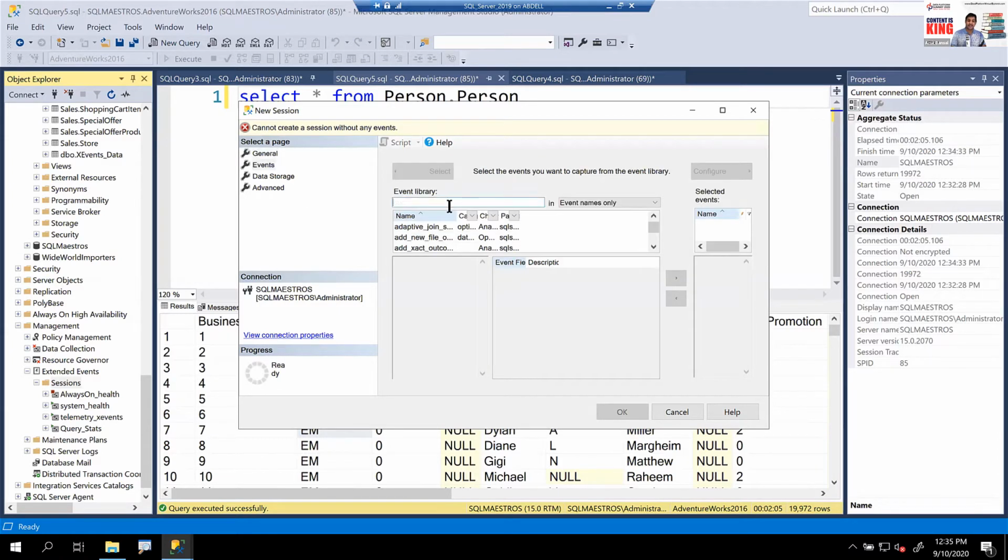And as I said, going through the events and reading their description here in the window itself, I do not know if this is so well documented because there's so many events, but maybe in Microsoft Docs, SQL Server Docs, docs meaning documentation, you may be able to find the description of each and every event. But as I always do, I want to capture wait information. So I type wait here. Now let me see, what do I get?